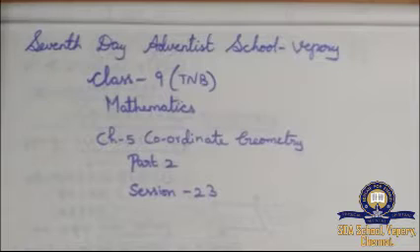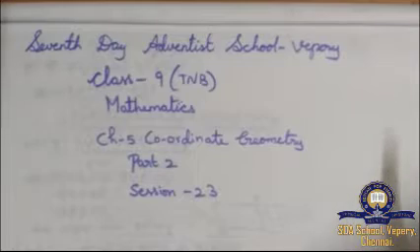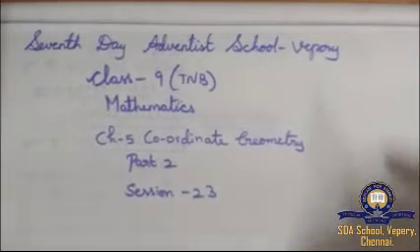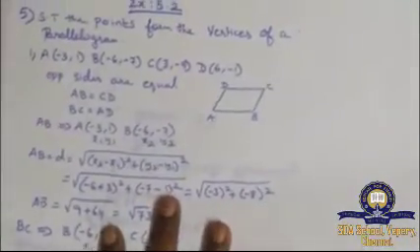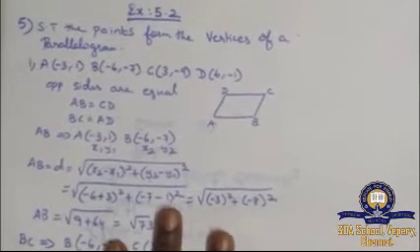In yesterday's Zoom class, we have seen coordinate geometry exercise 5.2 up to 4 sums. Using the formula d is equal to root of (x2 minus x1) the whole square plus (y2 minus y1) the whole square. The same formula we are going to use for the continuation of the same exercise 5.2. So we have completed up to the 4th sum. Now I am going to do the 5th sum from this YouTube video. Kindly copy down in classwork.